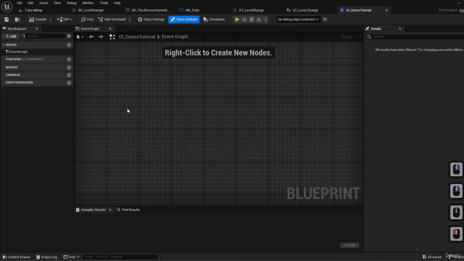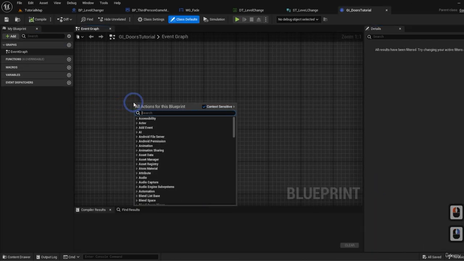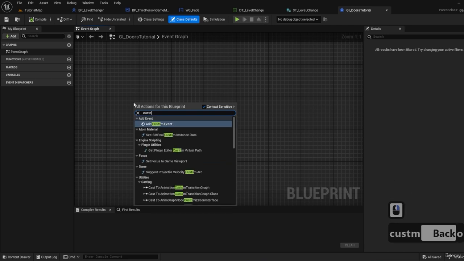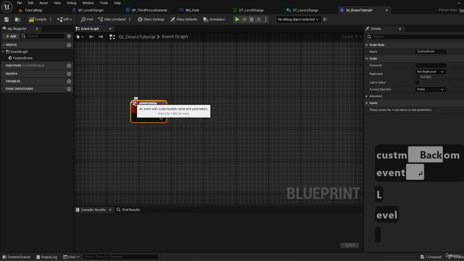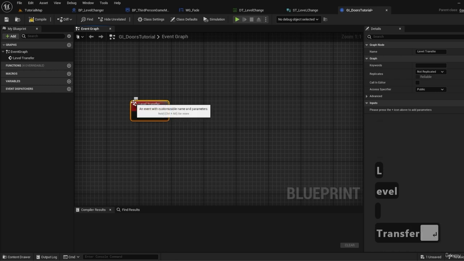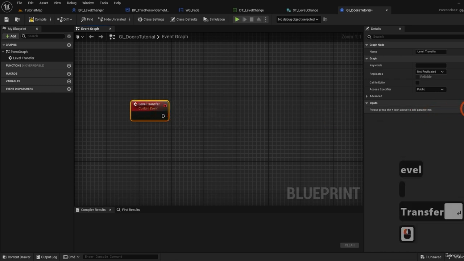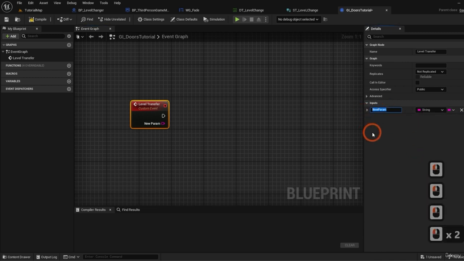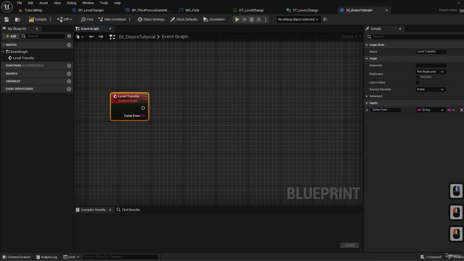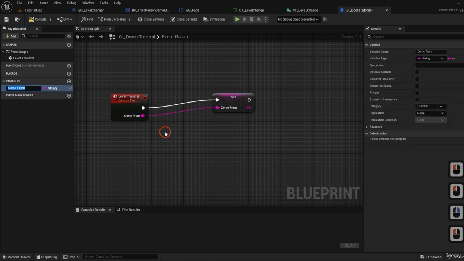And here we will create a very simple event. We're going to make a custom event and call it level transfer and create an input to it. It's going to be of the type string. It's going to be called come from. We're going to be promoting this to a variable